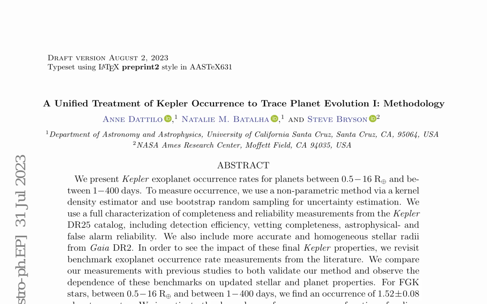The minimum of the radius valley shifts to smaller radii for cooler stars, from 1.92 plus 0.26 minus 0.18 Earth radii for F stars to 1.80 plus 0.16 minus 0.05 Earth radii for G stars and 1.62 plus 0.02 minus 0.04 Earth radii for K stars. Additionally, the slope of the occurrence cliff is measured, revealing a dependence on stellar type and a less steep slope